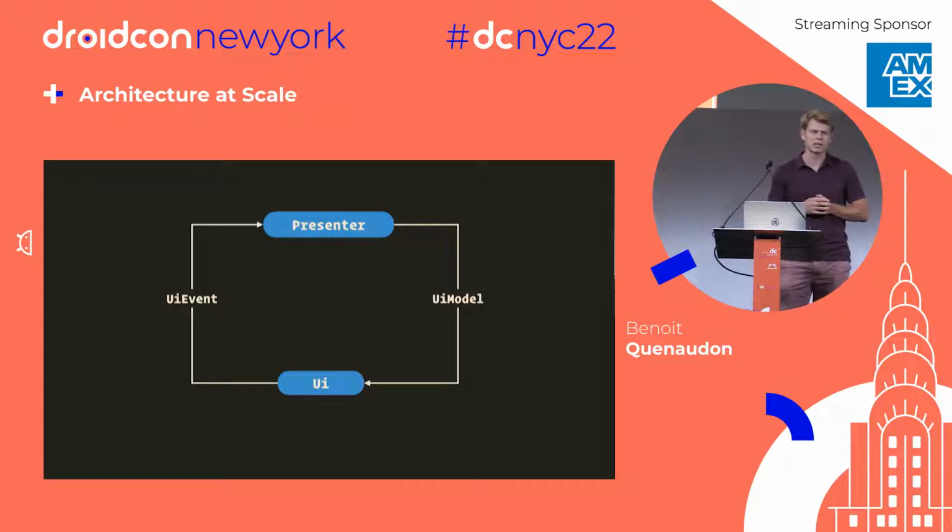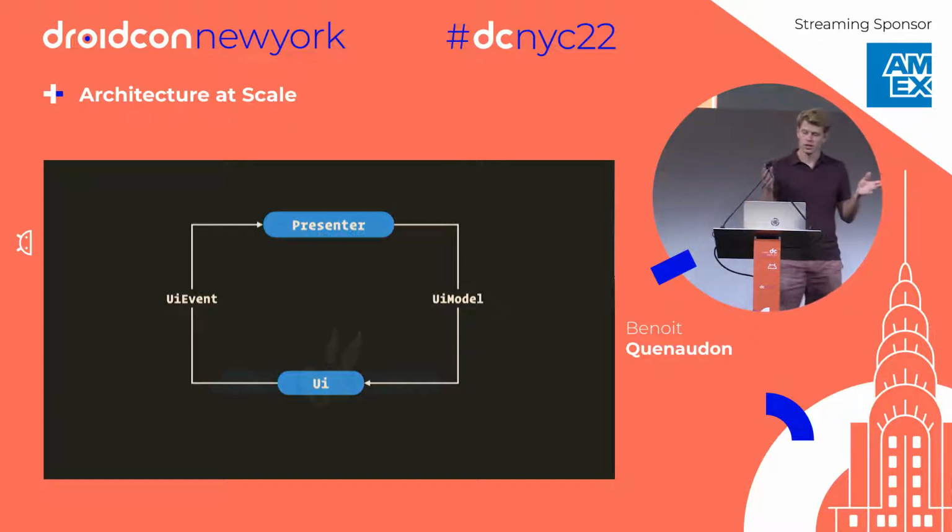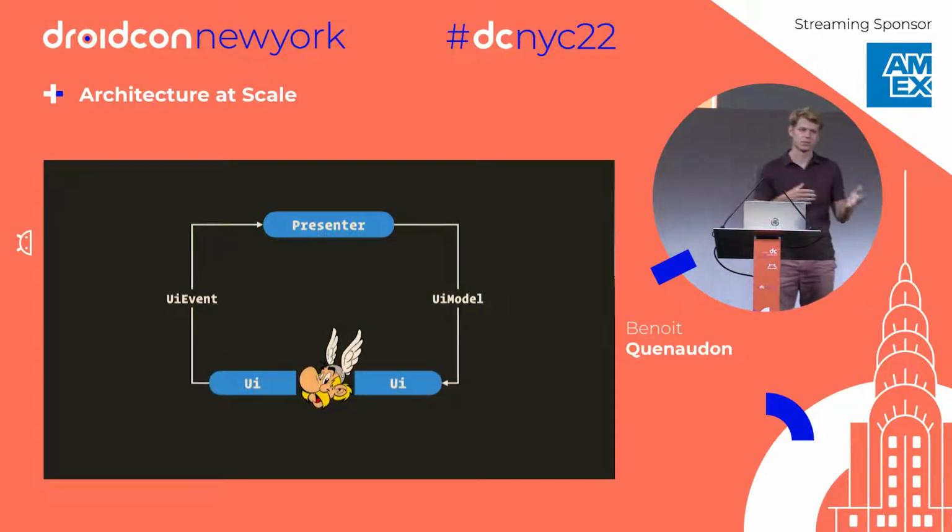But I don't think the UI can be a map in the other sense, because UI models should not generate events. Never. If you ever do that, you're going to go for trouble, because in between we have our customer. If you're familiar with this, it's basically what the MVI architecture was like, or CycleJS, these kinds of things. The customer is the map, and so in our UI we should not try to bypass it.